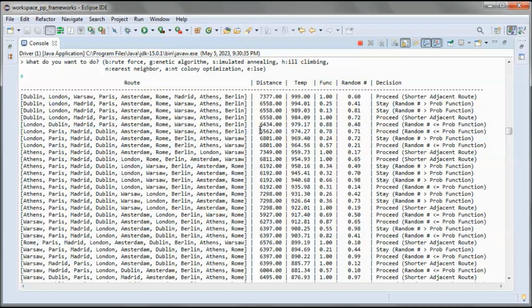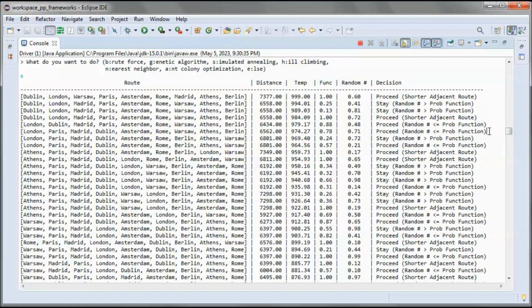Actually, this one has a larger distance, so we check the random number if it is smaller or equal to the probability function, and it is, so we still proceed even though this is larger than this.